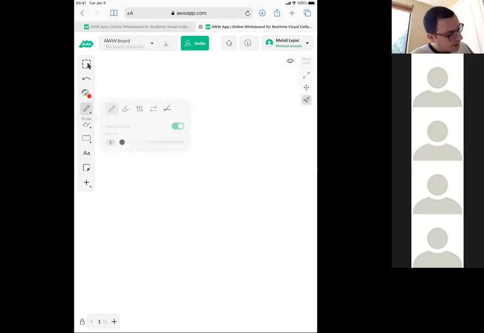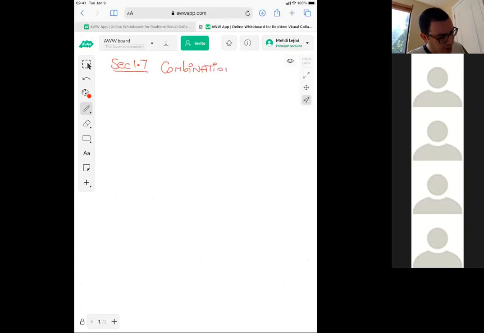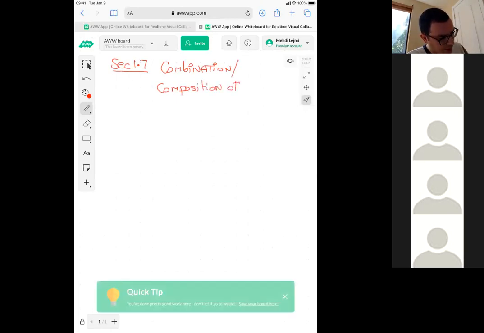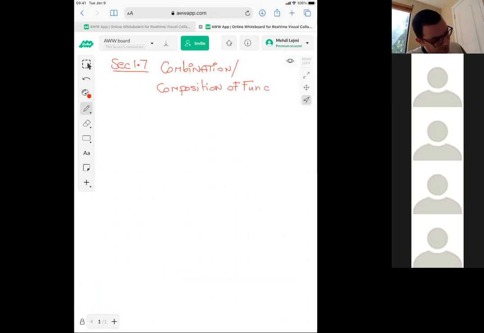So guys, I was saying, this is still the same section, which is section 1.7, and again, it's about combination and the composition of functions. Okay, so